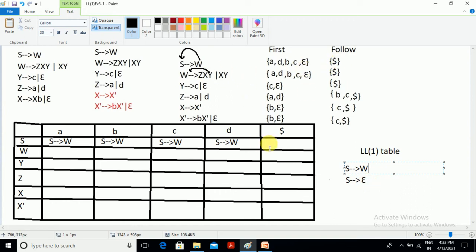So in place of dollar, the respective S derives epsilon we should write, but epsilon is derived by the W only, so simply you write W over here. Otherwise we can also write the epsilon, anything will be okay. But we don't have a direct production with the epsilon, so we should fill W only.